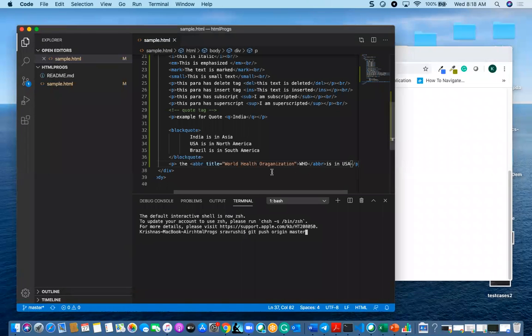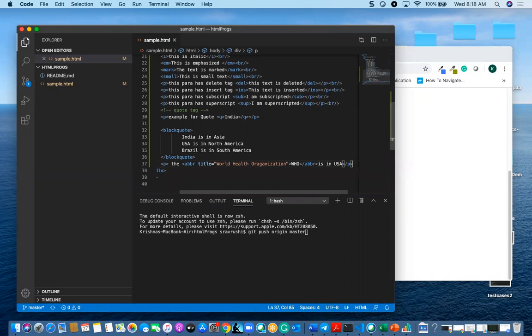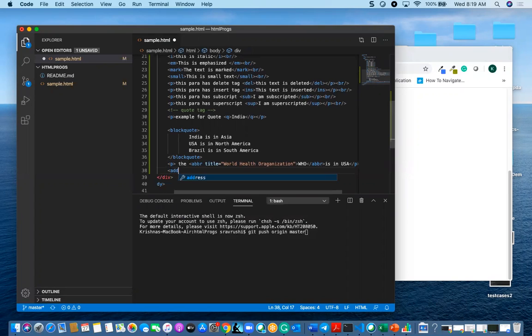And we have one more block code tag, that is address. To mention any address. Like in general, if you type anything in a div, it will keep on continuing one after the other as a string. But if you are mentioning that in the address, it will be preserved as it is.